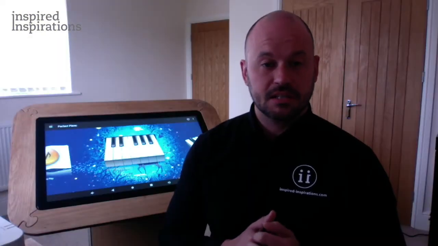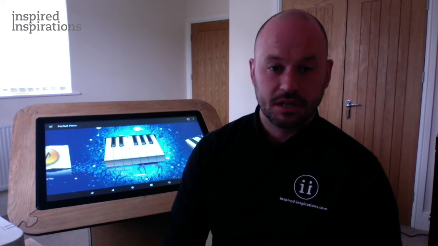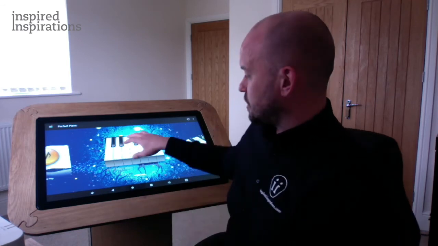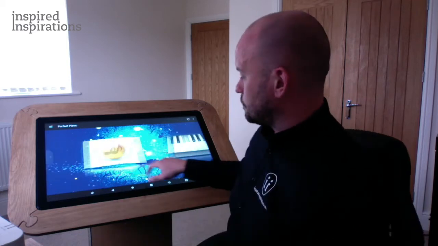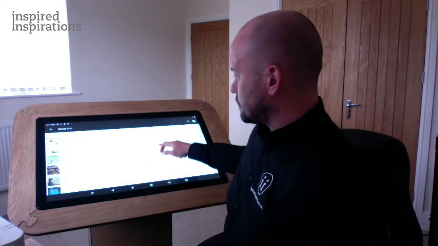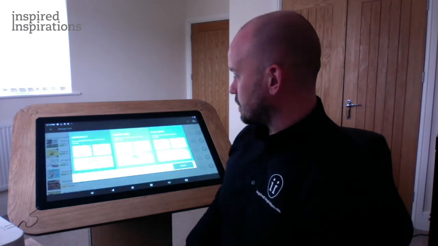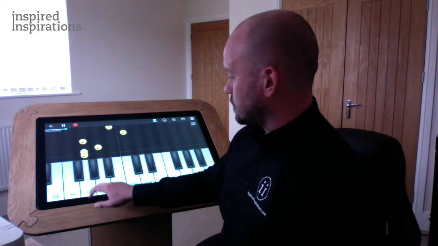Now, another lovely activity to do with almost all of your residents, particularly those in the early to mid stages of dementia, is a piano app or another musical instrument that you can download. My personal favourite piano app is called Perfect Piano, because you have your normal piano within there where they can think away and create a tune, or you can click here on Learn to Play, and then you have a huge range of songs here that you can choose from to play. Then all you do is click on there, and it's great to do as a group activity where you can sit there with a resident, and then as the music comes down,